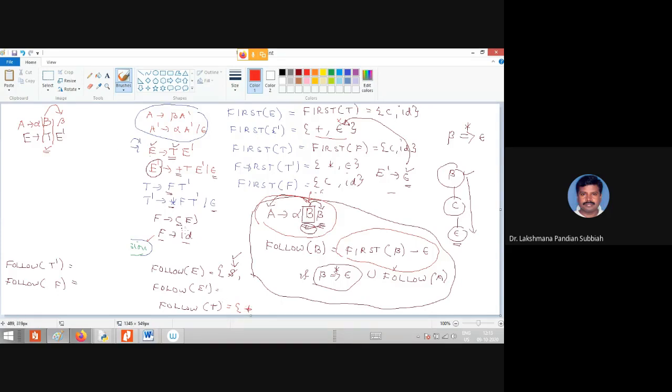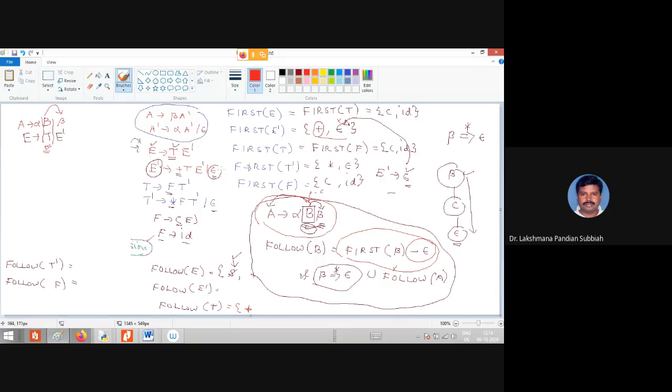One symbol plus you are putting now. How do you get that plus? Follow of T equals first of beta. So beta is E dash. First of beta is plus symbol and empty, so except empty, you are putting plus only. Next, we check whether beta derives empty. Yes, E dash has empty as one alternative.